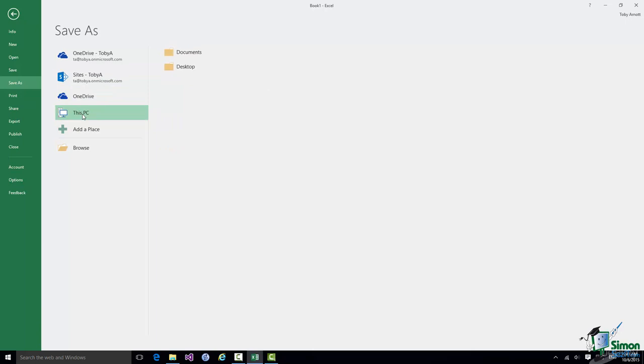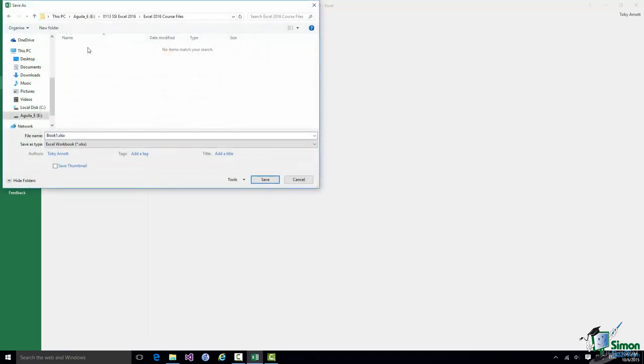Now, I mentioned to you earlier on the demo files, the course files that I'm using. I'm going to save this in an empty version of that demo file, that course file folder, and then during the course, as you'll see, I'll build up to the selection of files that you've seen already much earlier on in the course. And these, of course, are files that you have access to, so you can see these files. So from this PC, I'm going to browse to that particular folder. So I use a standard Windows file browse there, and there is the empty folder